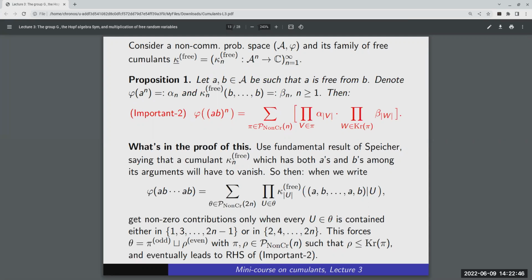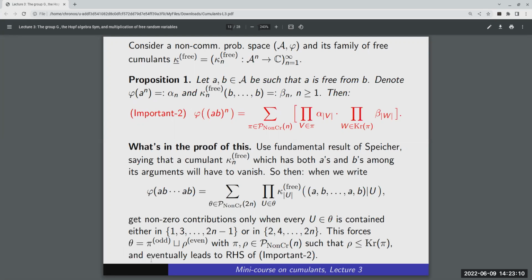You must only allow blocks U which either only take A's or only take B's, because you don't want mixed cumulants. So this means that every U has to be contained either in the odd numbers or in the even numbers. Yes, but then exactly this is like when I reviewed Kreweras complementation, I said this is exactly the situation when